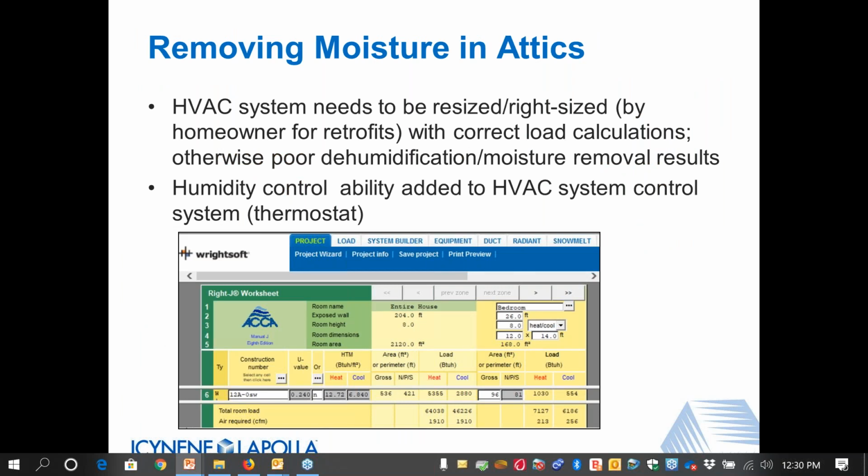So we looked at different mechanisms that can result in moisture getting into an attic. With regard to removing moisture in an attic, the HVAC system is critical to that. It is, even though the HVAC system is meant to serve just the living space,